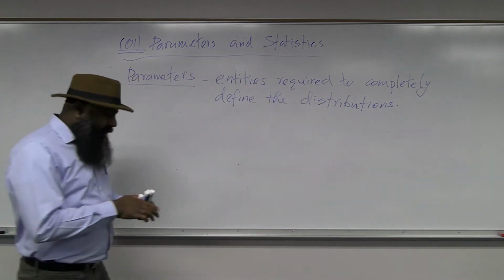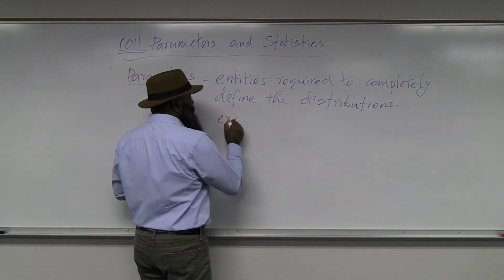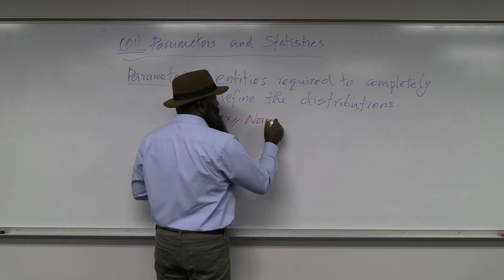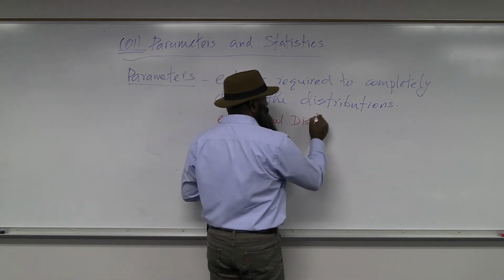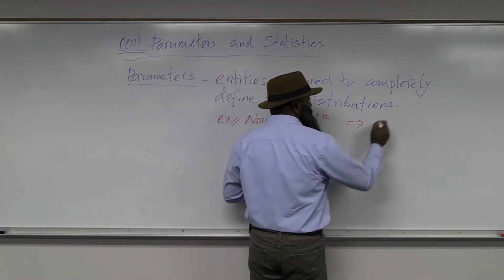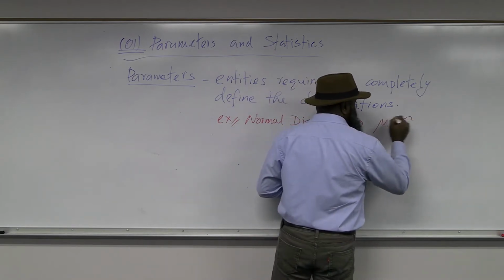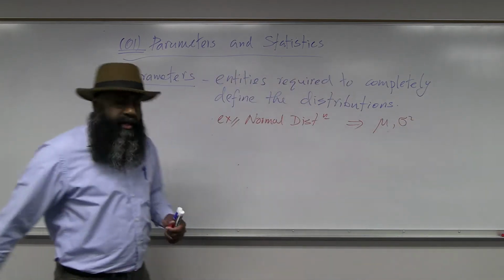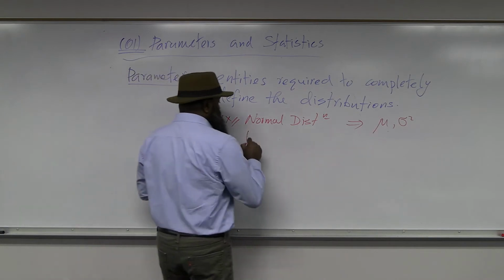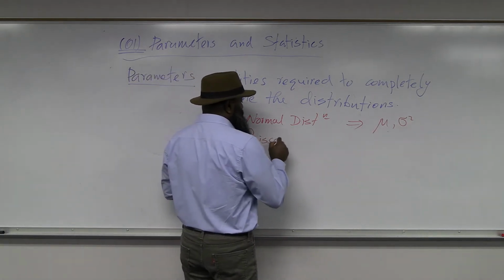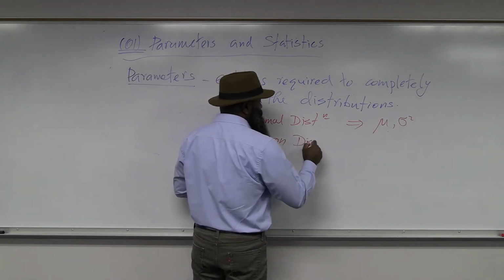For example, normal distribution, the parameters are mu and sigma squared, right? And for the Poisson distribution, now you know what are the